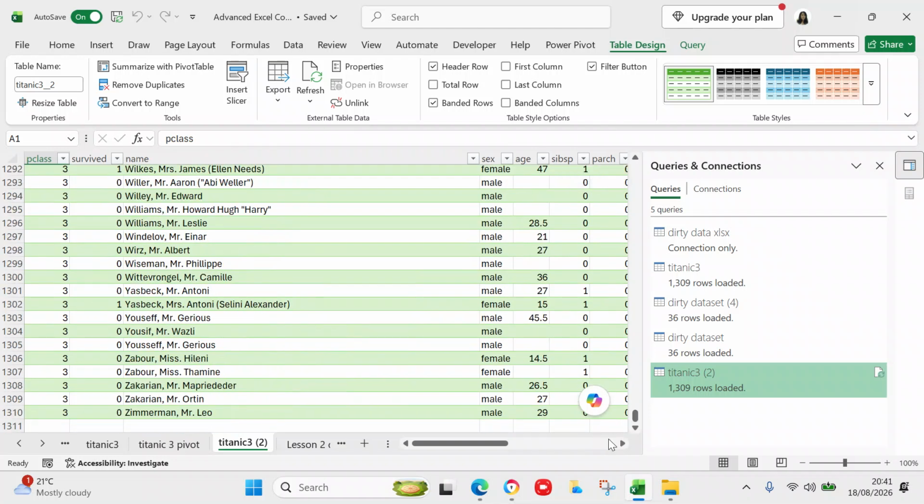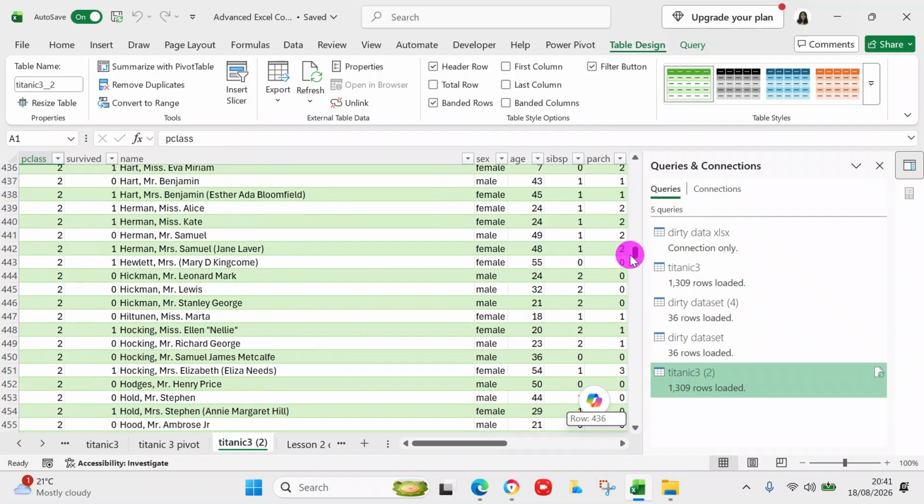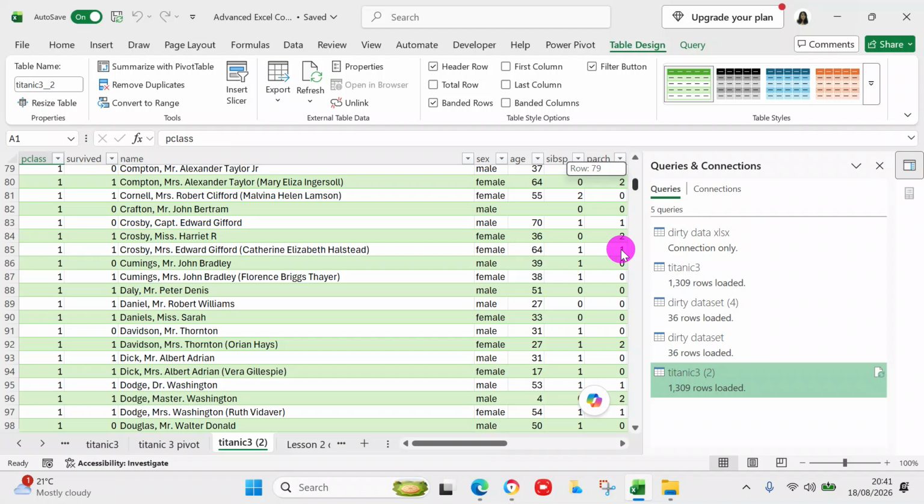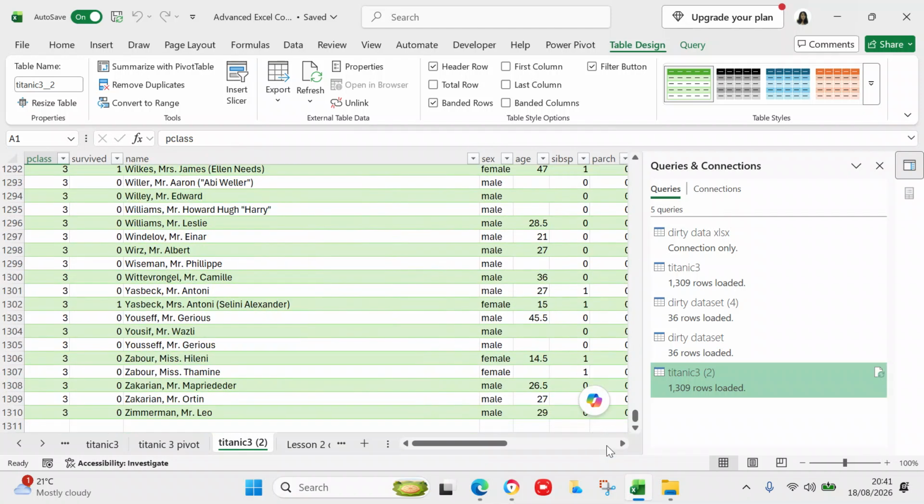You can see that it says 1310. It says number 1 is your passenger class. And that says 1310, which